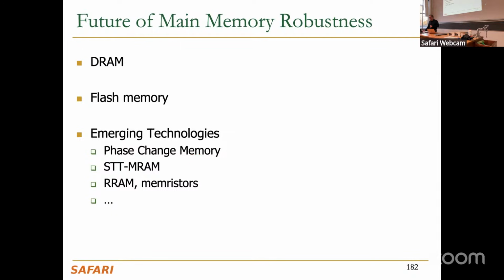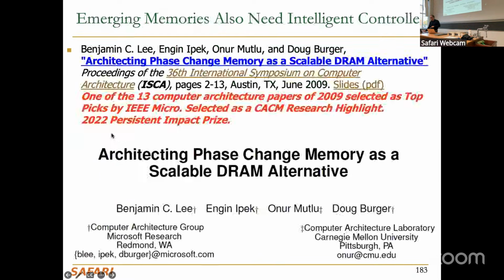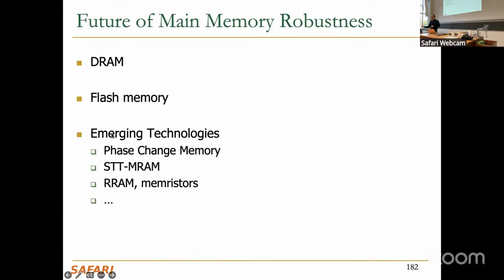Okay, so what about other things? DRAM is vulnerable. Flash memory we're going to study. It's actually also quite vulnerable, but flash memory is a bit far away from the processor, which we want to also change. So it's a little bit more protected. There are also emerging memory technologies. Unfortunately, all of them are vulnerable. All of them have different types of